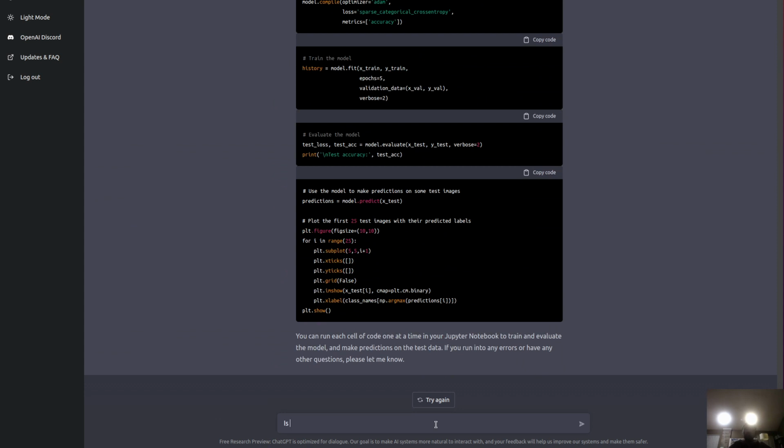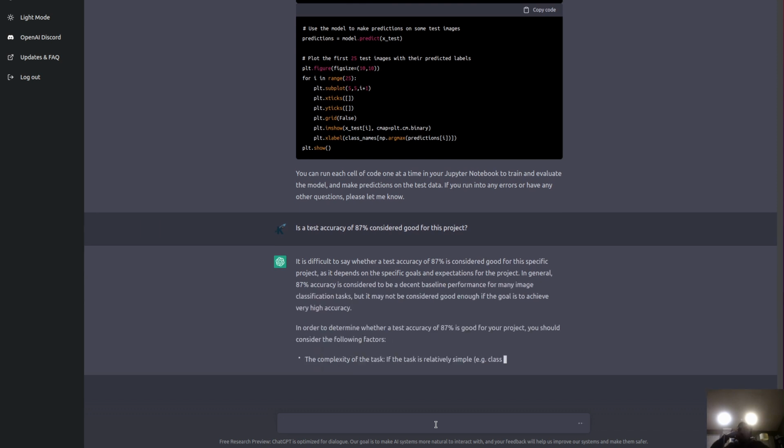So, is a test accuracy of 87 good for this project? Decent baseline is what it says.